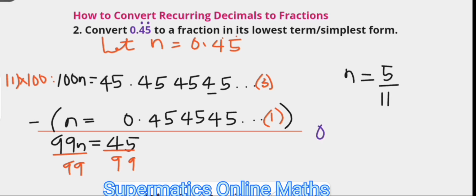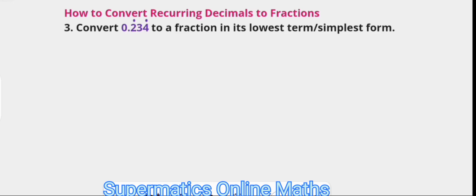This thus means that 0.45 with the 45 recurring is 5/11. On to the next one. The next is 0.234 with the dot on 2 and 4, the last digit, to show that it is 234. So as usual, we let n be